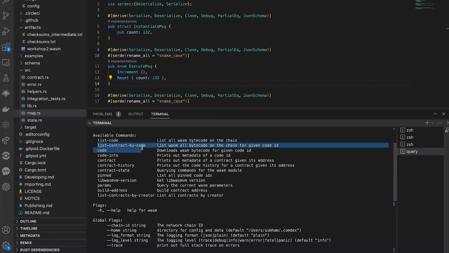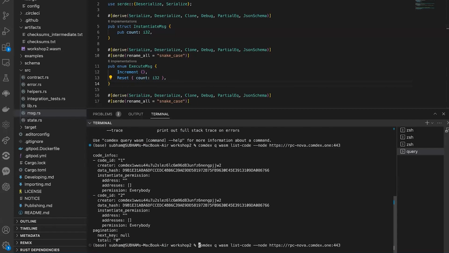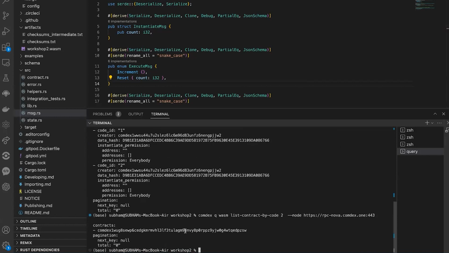So the next command is list contract by code. Let's see if we have some instance associated with a code ID or not. Let's copy list contract by code, and let's provide code ID 2. You can see that we actually have an instance right now associated with code ID 2, and this